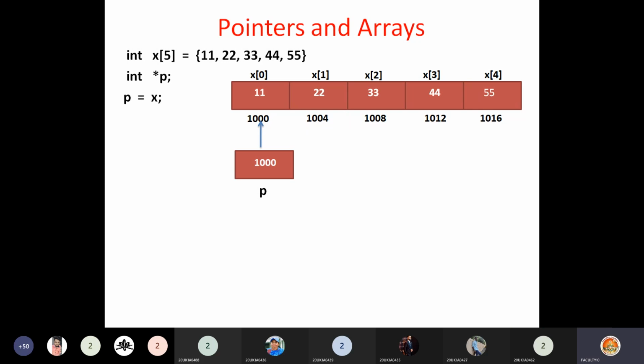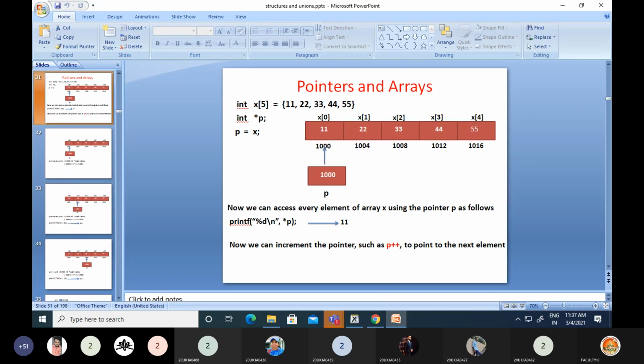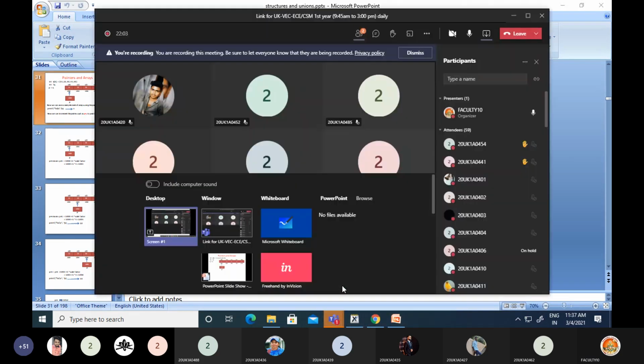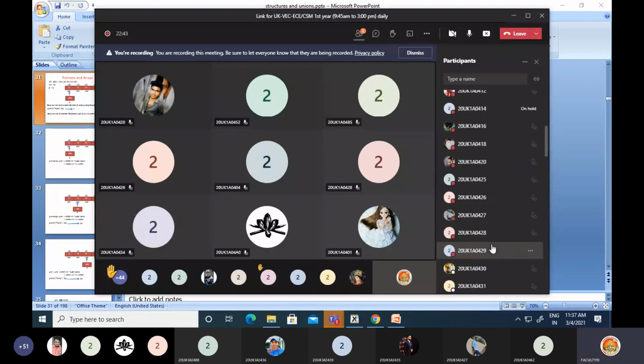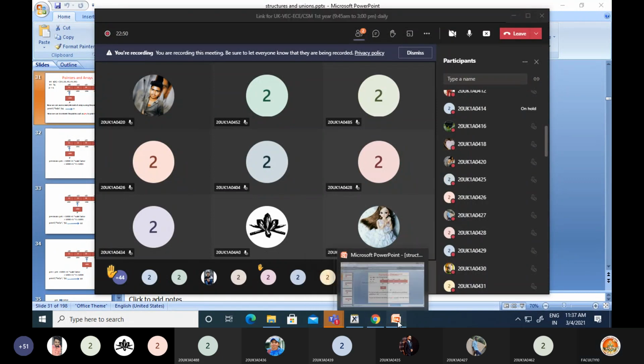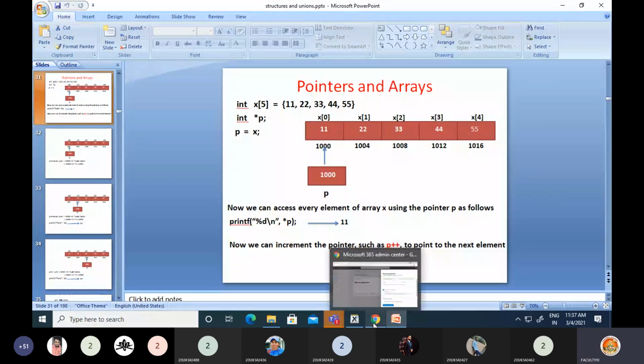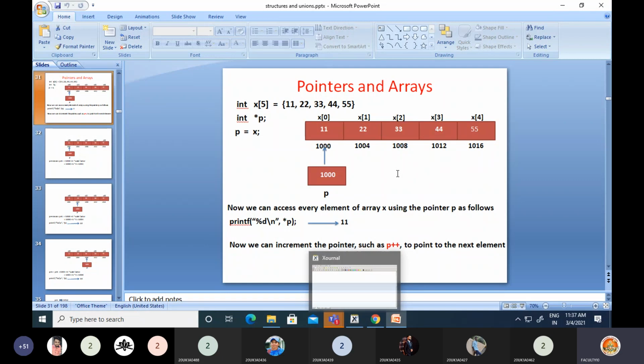No? Who is this person? In group is saying no. EC. Then why screen not visible is saying unnecessarily disturbing? Okay, okay, right.